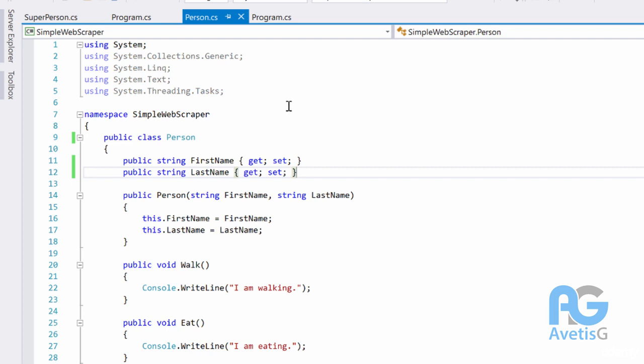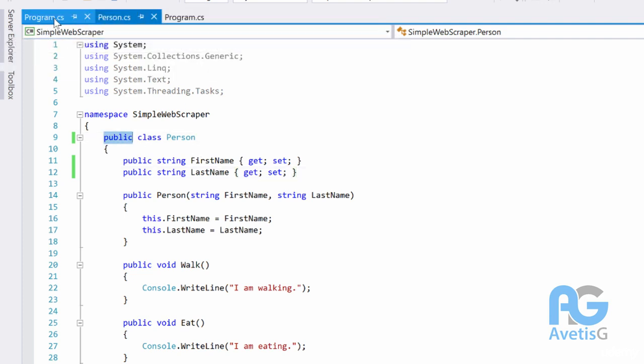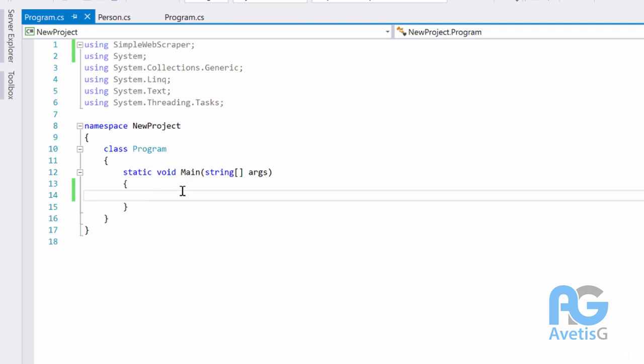Now, one other thing is, remember in our previous videos, we were forced for testing purposes to make classes public, just so that when we went to the testing class, we were able to access that class to be able to test it. Now, that's actually a bad practice, because we don't just want to change our access to the class or to the property or to whatever else just because we want to test it. So there's a way around it, and that way around it is by using the InternalsVisibleTo attribute.